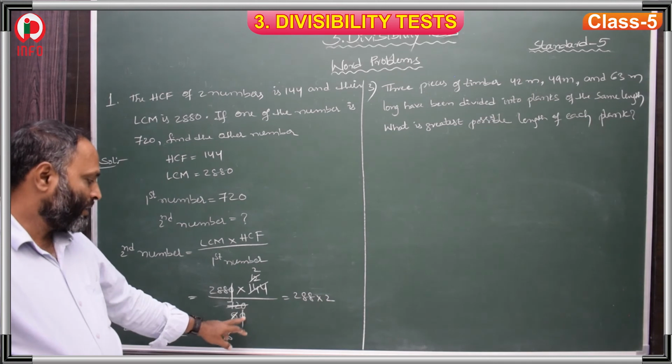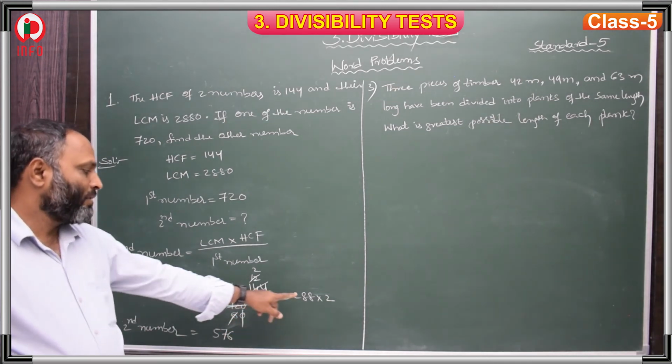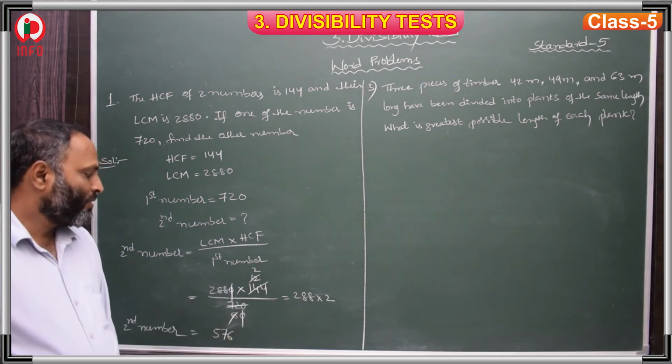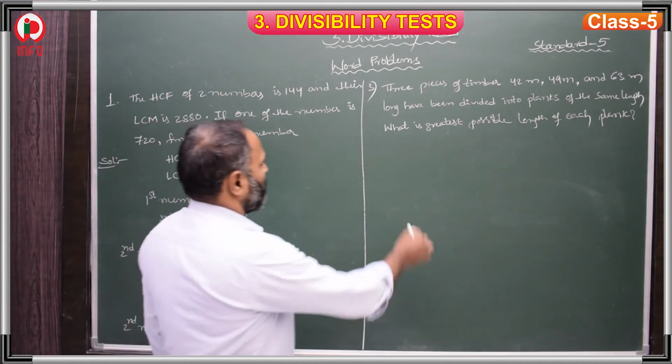12 6s are 72, and this 0, 0 0 will get cancelled. 6 1 is 6, 6 2 is 12. 288 divided by 2 is 276. 276. In the third question,